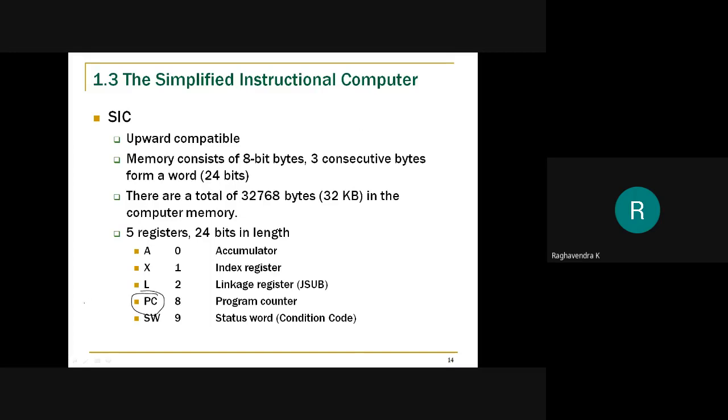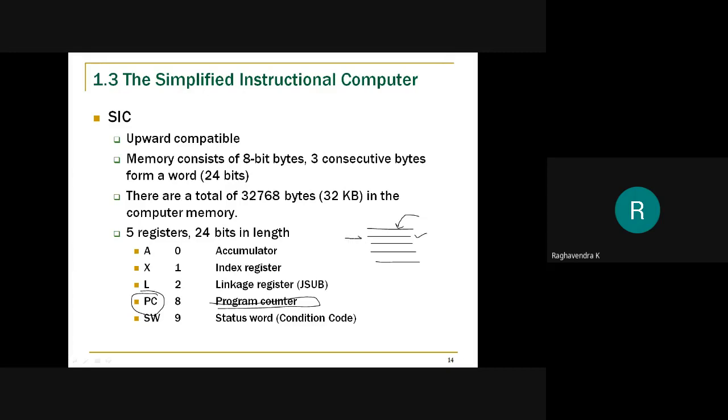Of course, you are familiar with PC, which is the program counter. It stores the address of the next executable instruction. For example, if this is your program, and currently this particular instruction is being executed, the next instruction to be executed is this.